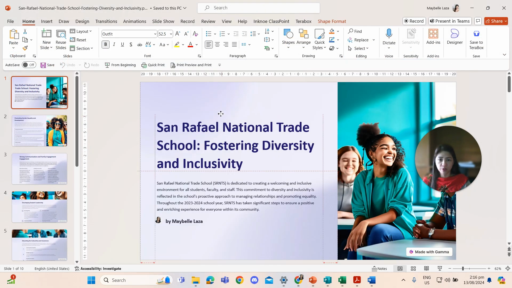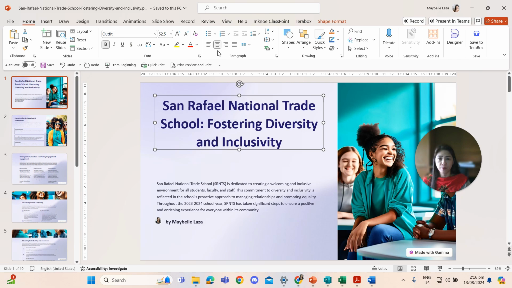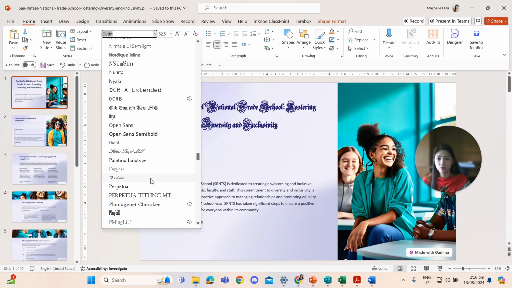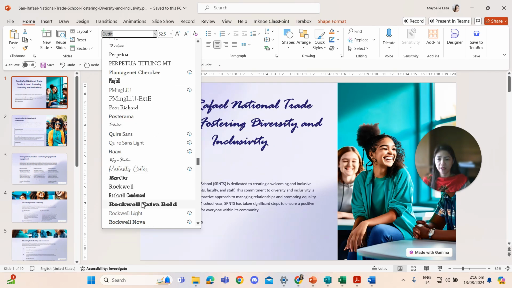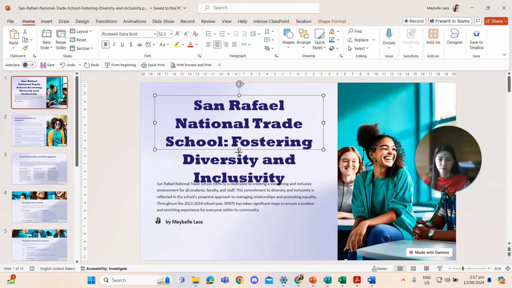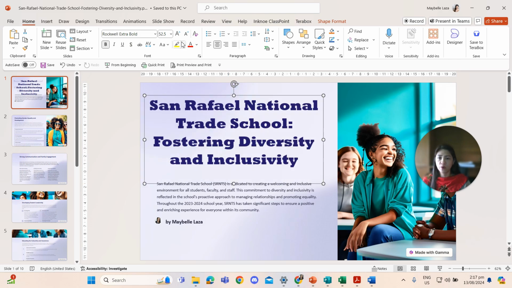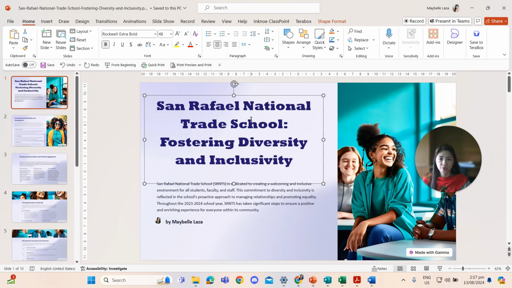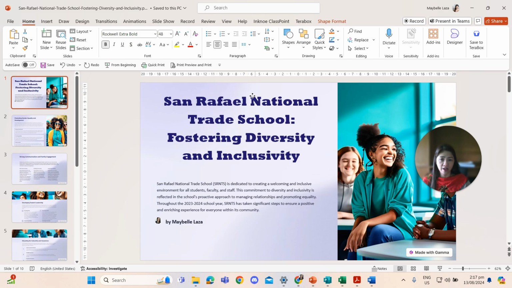Then of course we can modify the PowerPoint presentation. You can change the font color, the font size, and even the font face. Let's see, for example, like this. So I changed it. Then we have the font size. You can increase or decrease the size of your text. So you can manipulate this area.